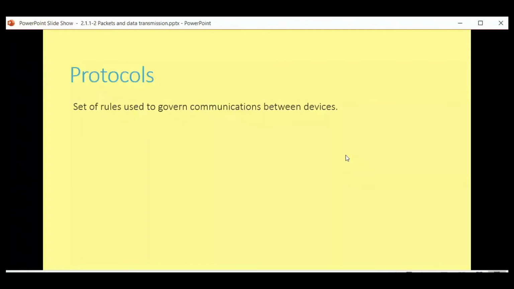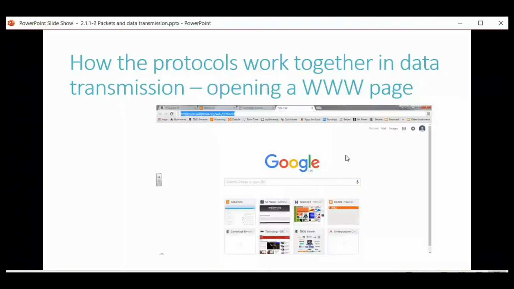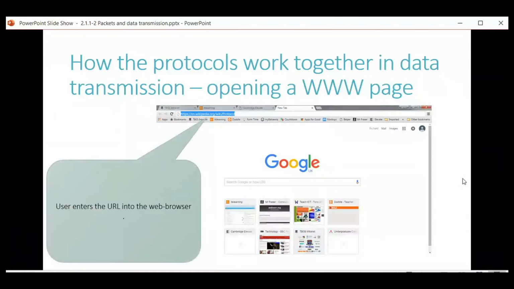So we have protocols, and we're going to have a look at those now. This is where we want to go from. We'll just have a quick look at this. So I've got a web page here. I type in an address, a URL, a uniform resource locator, into my